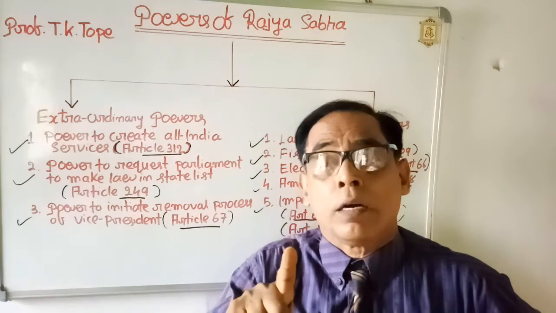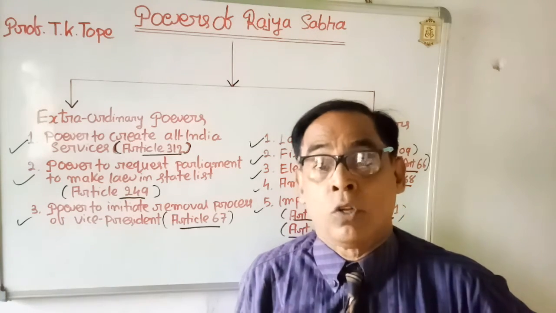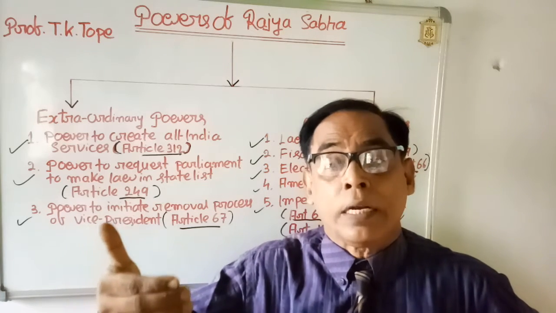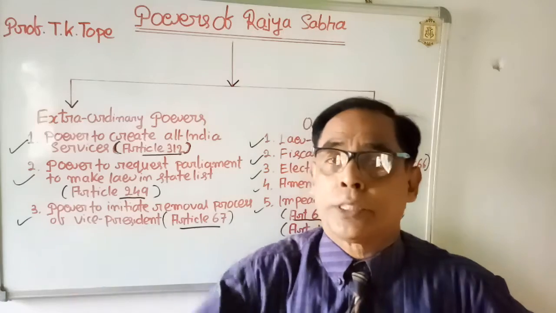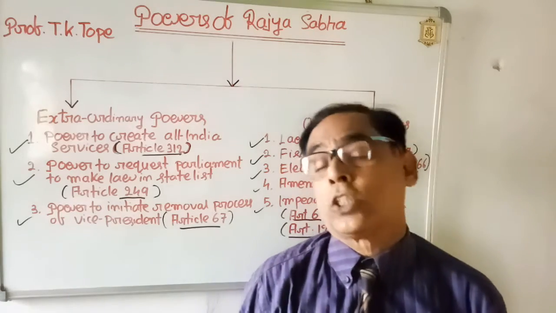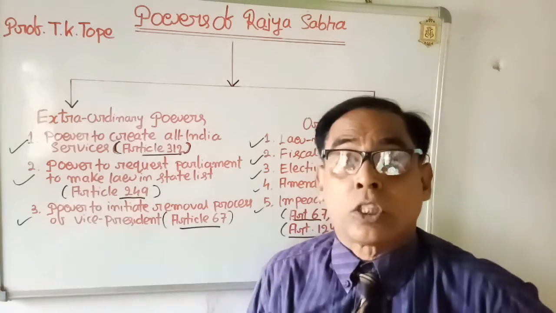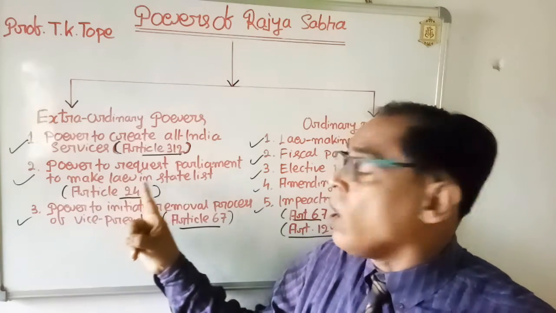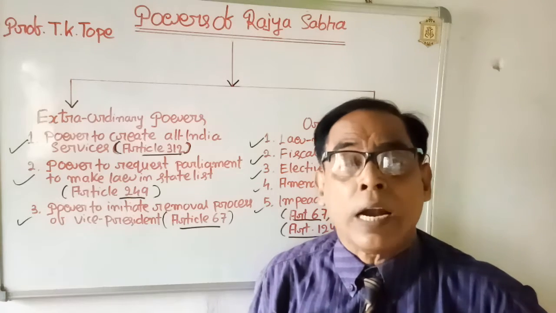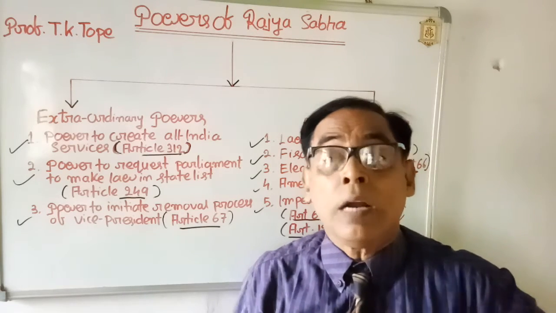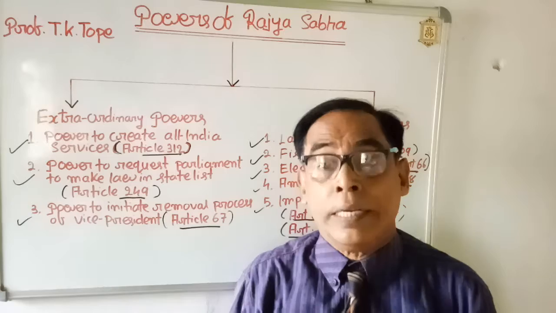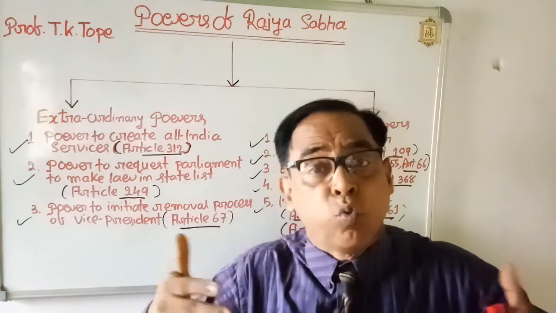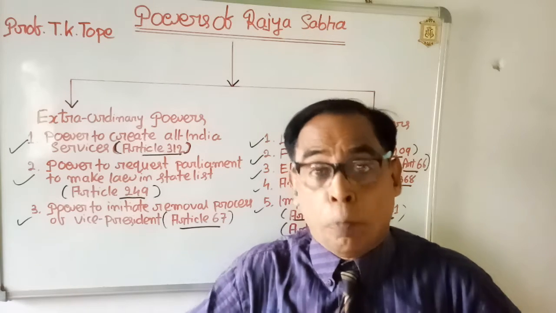And this power nobody has. Only the Rajya Sabha has the power to request the Parliament to create one or more all India services. This is the special power of Rajya Sabha. The second special power of Rajya Sabha is power to request Parliament to make law in the state list. Under Article 249, it is mentioned that if the Rajya Sabha will feel that for the national